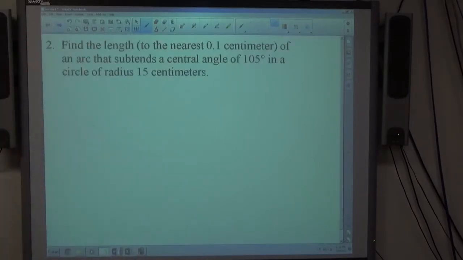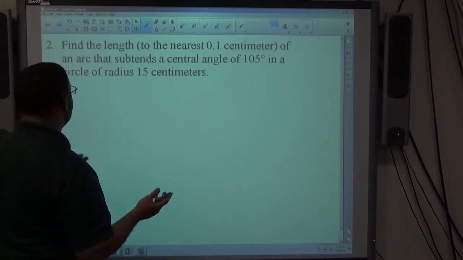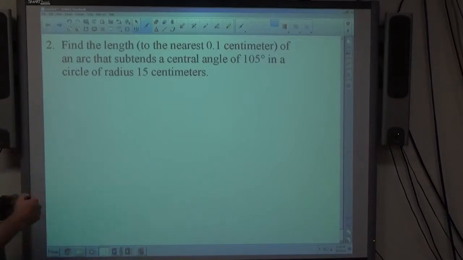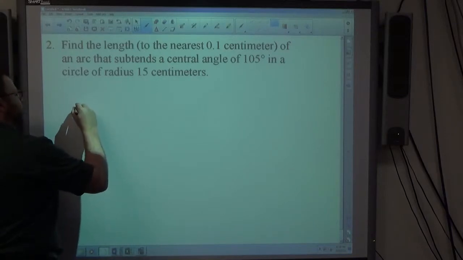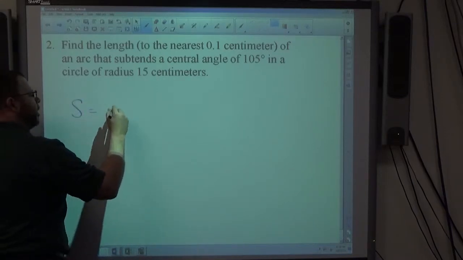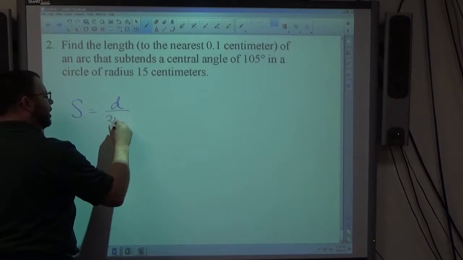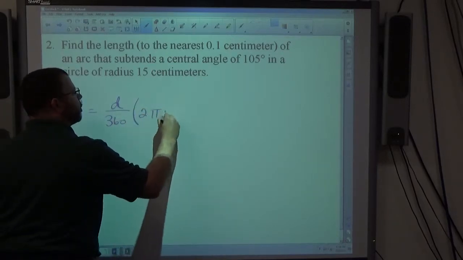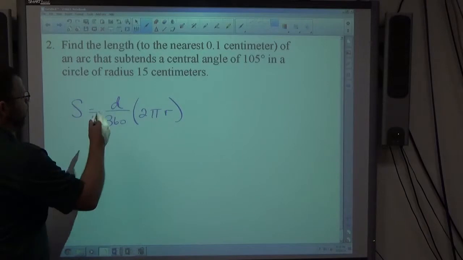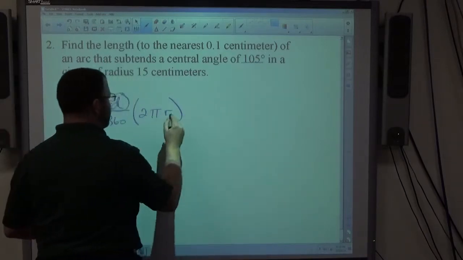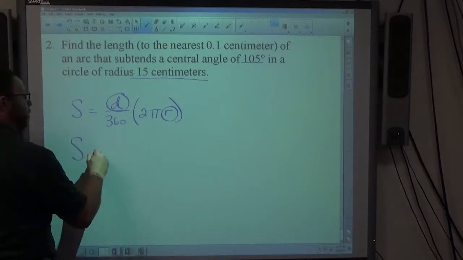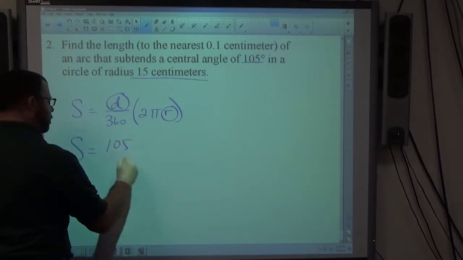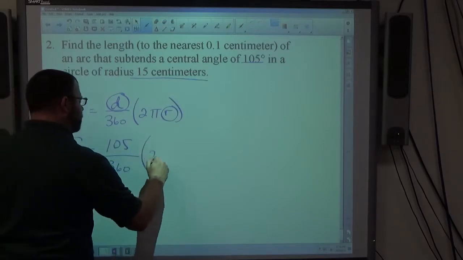Number 2, find the length to the nearest tenth of a centimeter of an arc that subtends a central angle of 105 degrees. Radius of 15 centimeters. The arc length formulas, we have two of them. The one involving angle measure as in degrees is the arc length is equal to the angle measure over 360 times the whole circumference of the circle, 2 pi r. So d is the angle measure given to us here in degrees, r is the radius given to us here in centimeters. So the arc length in this case is going to be 105 over 360 times 2 pi times